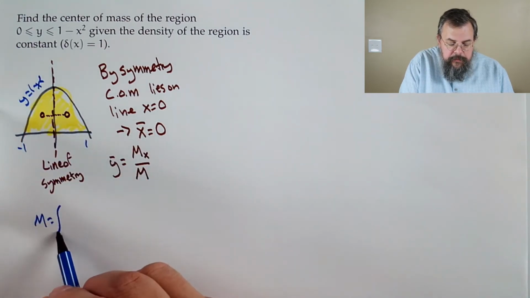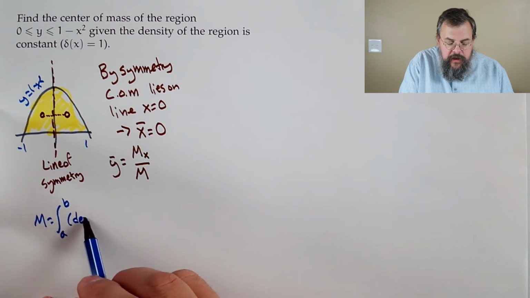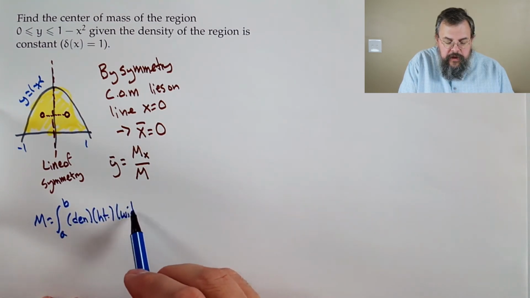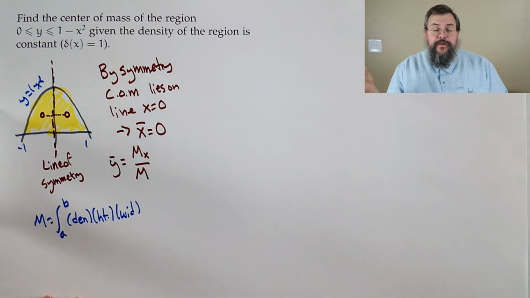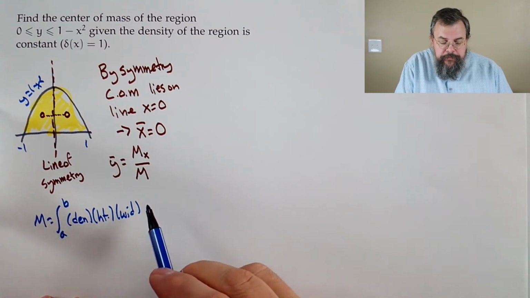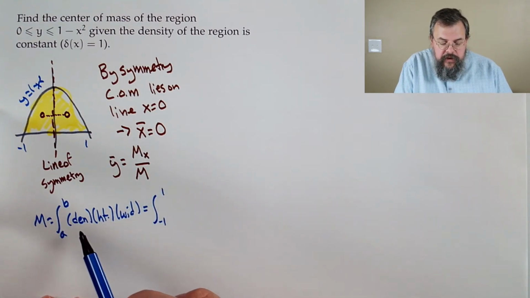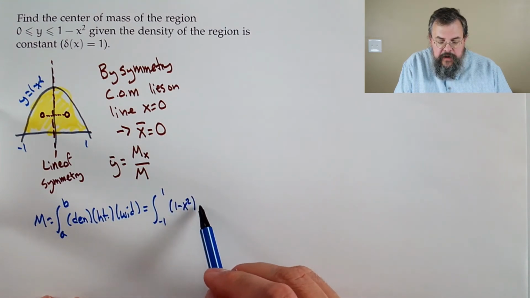We're going to add up, start to finish. It's going to be our density, it's going to be our height, it's going to be our width. Really, it's density times area because it's a two-dimensional region, so you take density times a two-dimensional measurement. So integral at -1 to 1, and the density is always 1, so we get 1 minus x squared